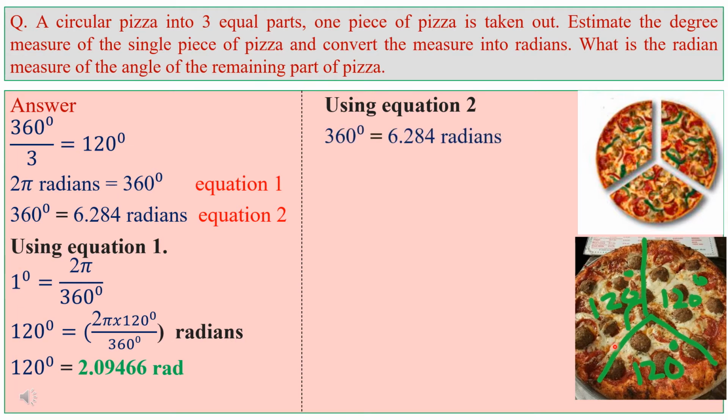For calculating the radian measure of the angle of the remaining part of pizza, we can use equation number 2. 360 degrees equals 6.284 radians. We can subtract 120 degrees from 360 degrees and 2.09466 radians from 6.284, and we get 4.19 radians, that is the radian measure of the angle of the remaining part of pizza. So a single piece of pizza is 2.09466 radians, and